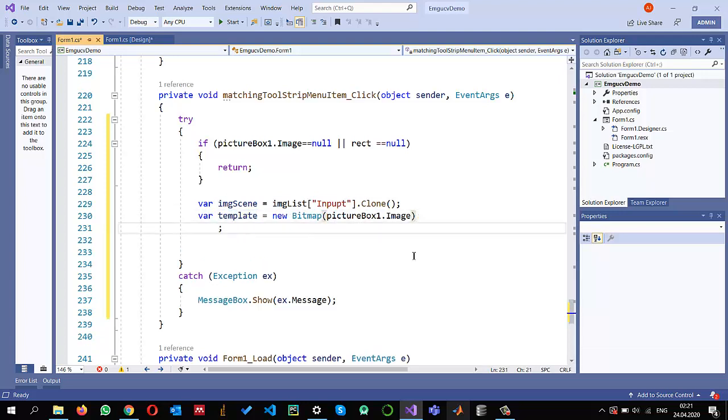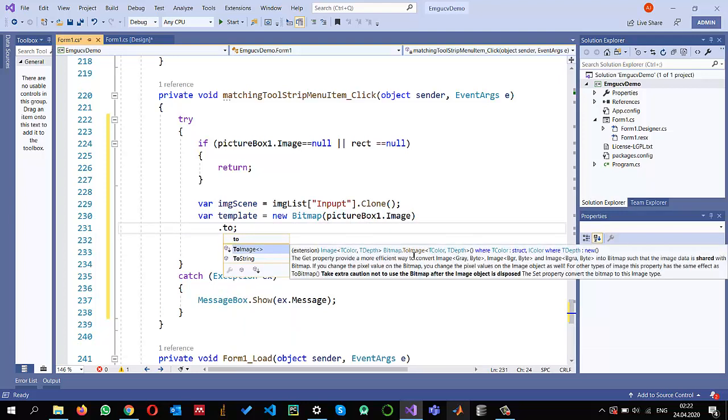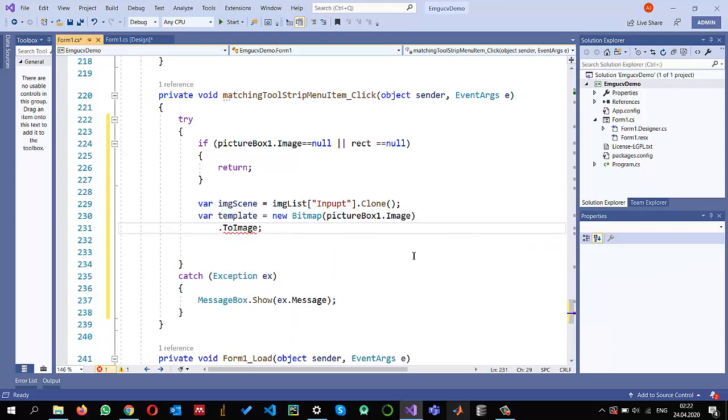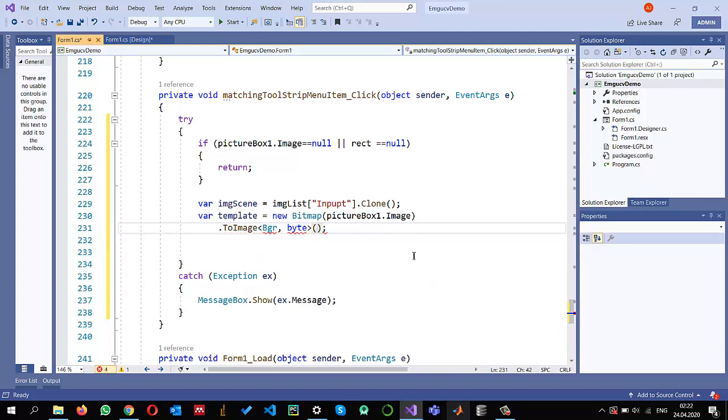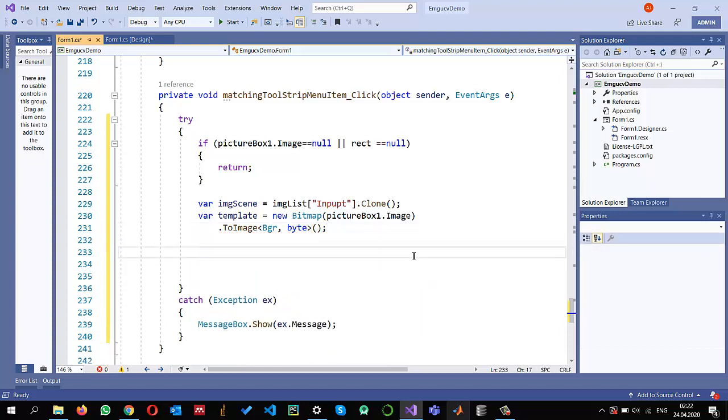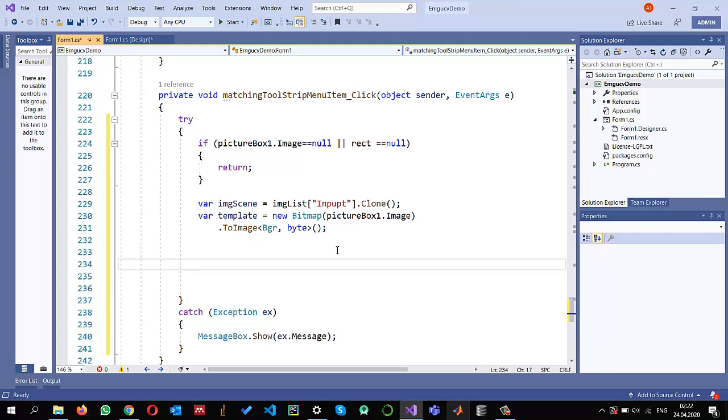And since this is going to be an image, I need some features of the image, not a bitmap, so I will convert it into an Emgu CV data structure, and I assume that this is a BGR image, and depth is also bytes. So that's it. So once I have the template and the scene, now I can use the method in Emgu CV, which is